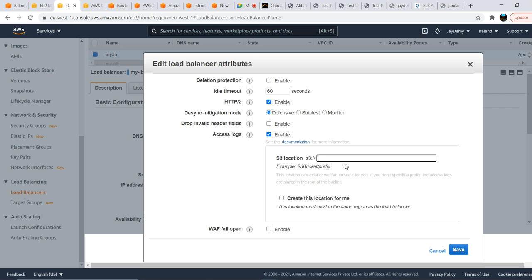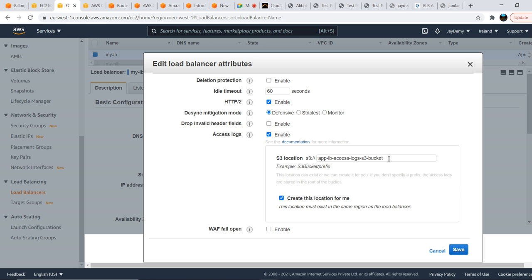We are just giving the load balancer permission to send the logs. We are updating a bucket policy. If you don't have any S3 bucket, just give the bucket name here. So what will we give? App load balancer access logs S3 bucket, and create this location for me.